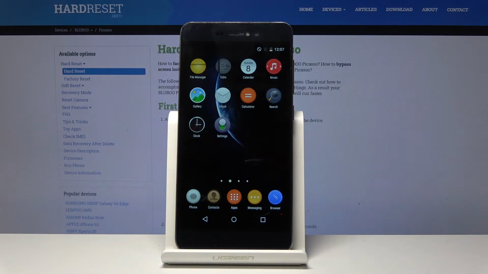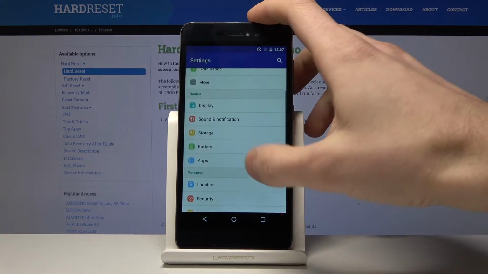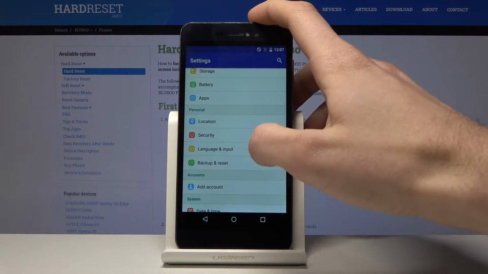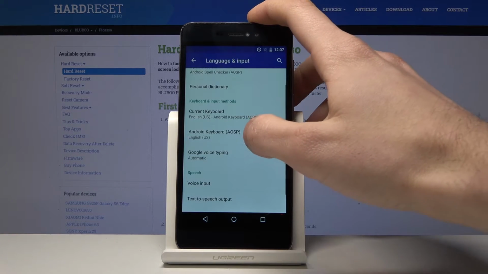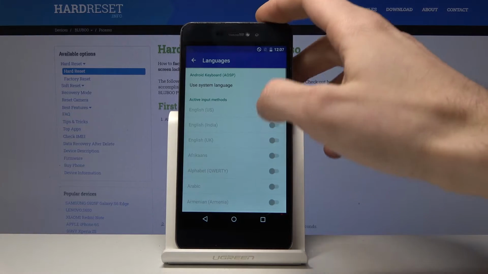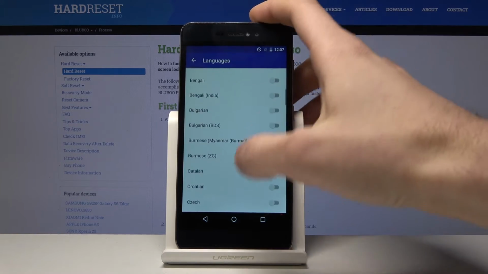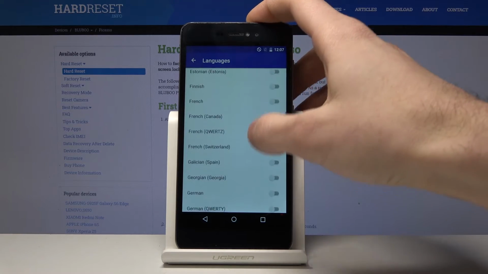Here I have BLUBOO Picasso, and today I'm going to show you how to change keyboard languages on this device. So first of all, what you have to do is go to the settings, scroll down a bit, tap the language and input, Android keyboard, languages, and here you have the whole list of the languages which you can type on your device. So let's select, for example,